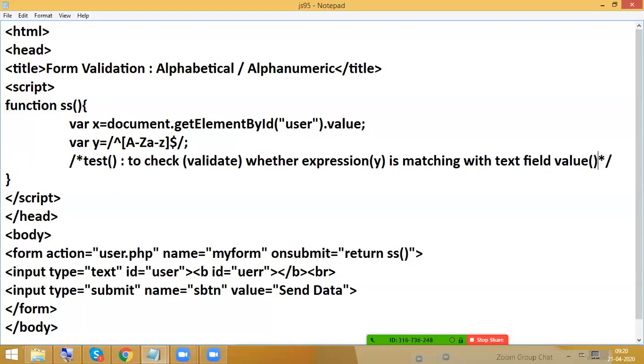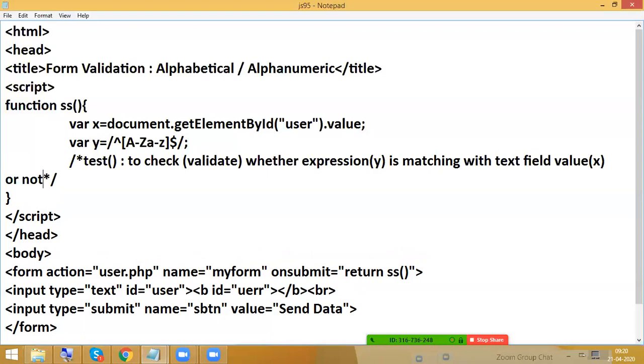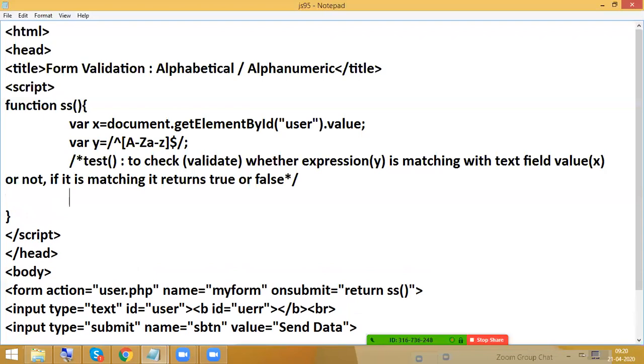What is the variable for that? x or not. Okay, if it is matching, test returns what? True, boolean, otherwise false.